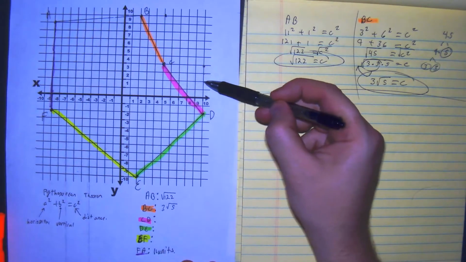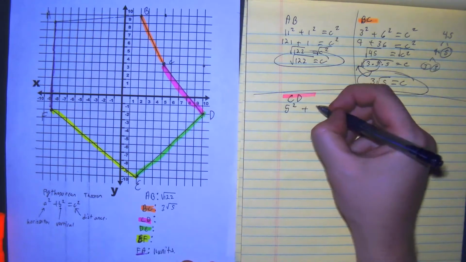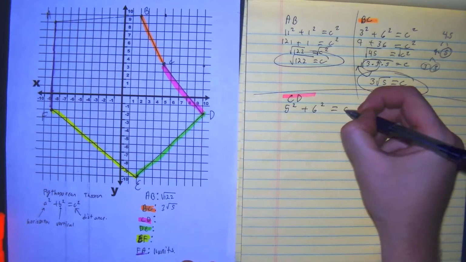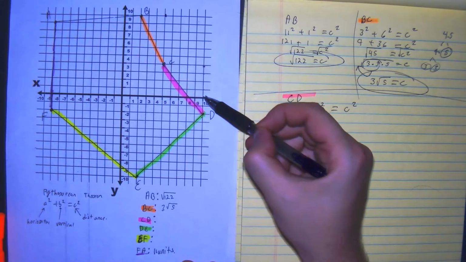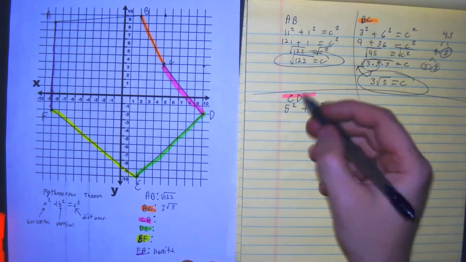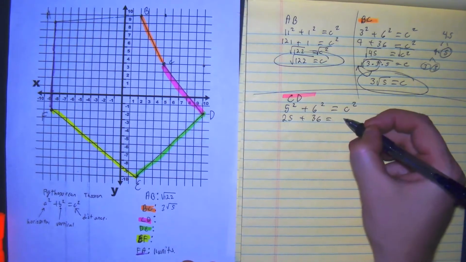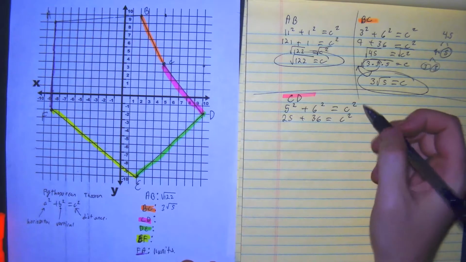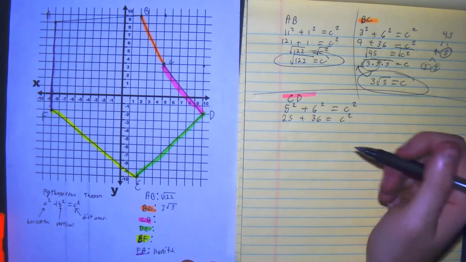0, 1, 2, 3, 4, 5, 6. So plus 6 squared equals c squared. We get 25 plus 36 equals c squared. What you get is 36 plus 25,